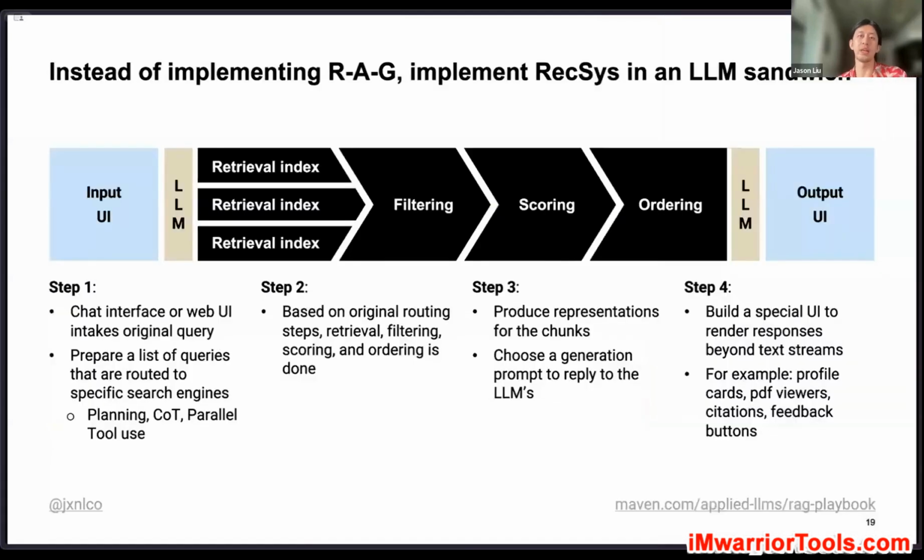And so what an application actually ends up looking like is a lot of web interfaces that hook into language models using things like planning, chain of thought, and parallel tool use to hit these retrievers. Then we have the classical filtering, scoring, and ordering tools. Then we have to take those prompts and turn them into the representations we want to put into a language model, and ultimately get out maybe some special UI beyond text streams. We might want to render profile cards if we're looking for contacts, or render PDF viewers with citations,